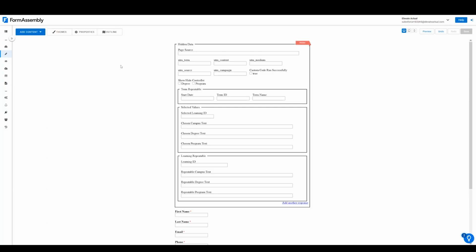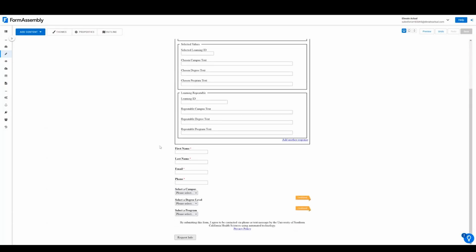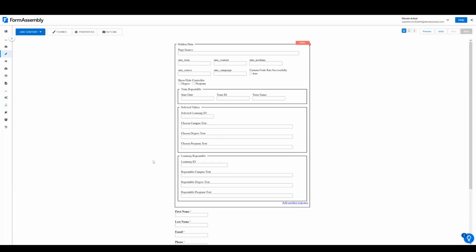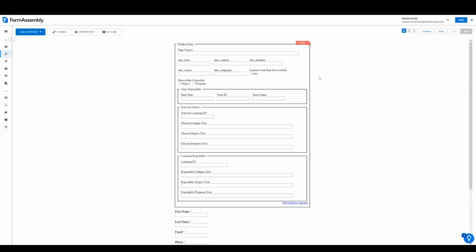Off the top, you'll notice the majority of this form is actually hidden. That is by design. So again, we have some pretty basic options: first, last, phone, email, and then they'll choose their campus, their degree, their program. But the real magic comes up here. So in our hidden data at the top, the first pieces